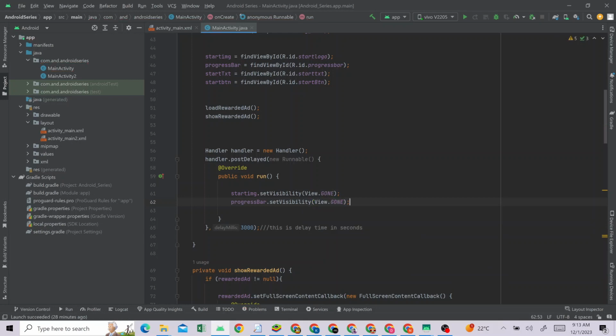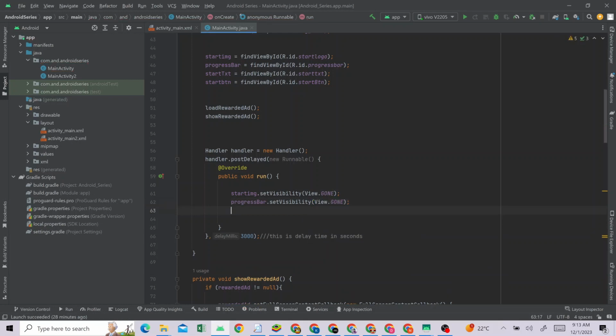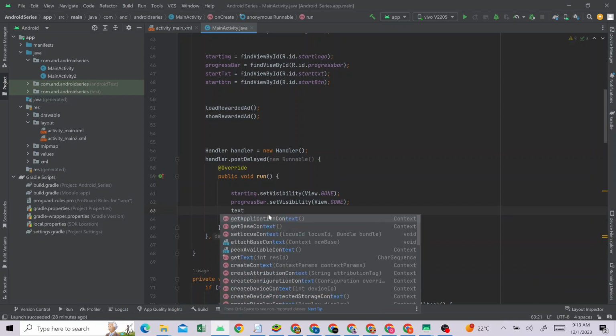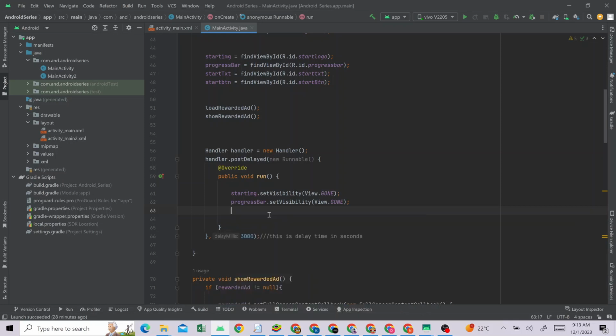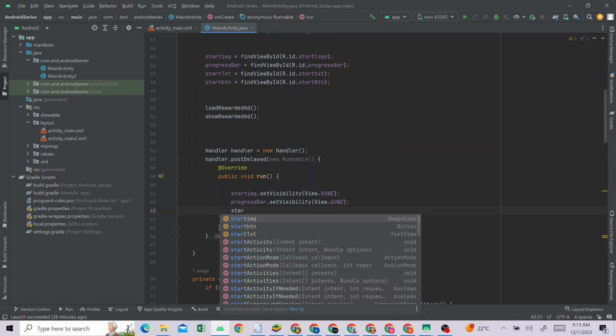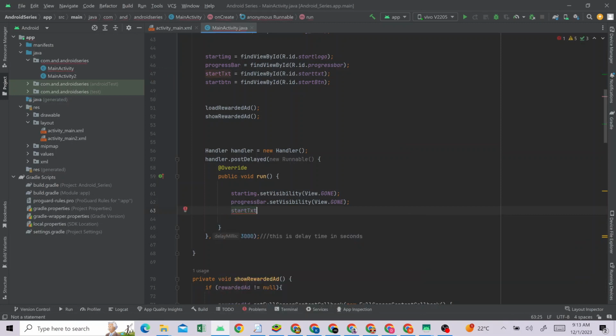We also set the text view, no, start text, this one, start text dot set